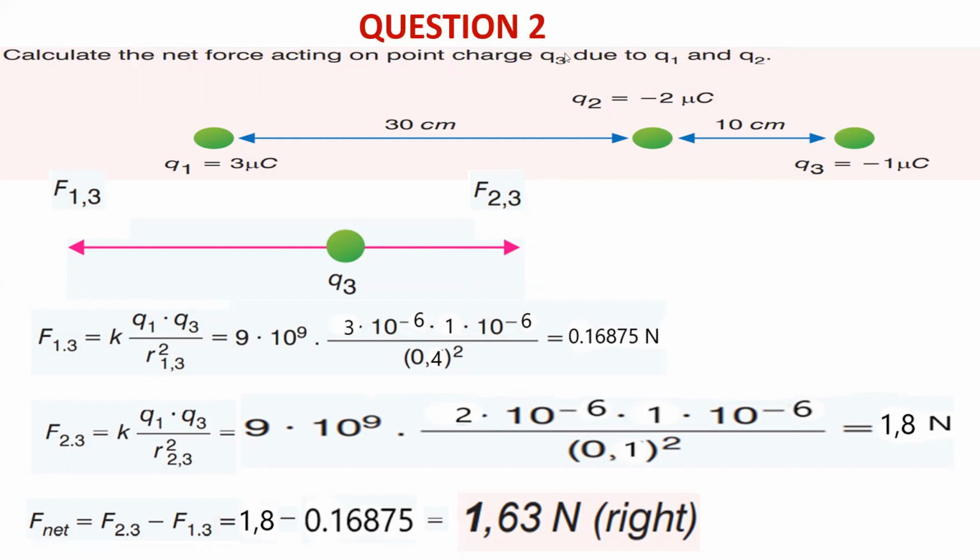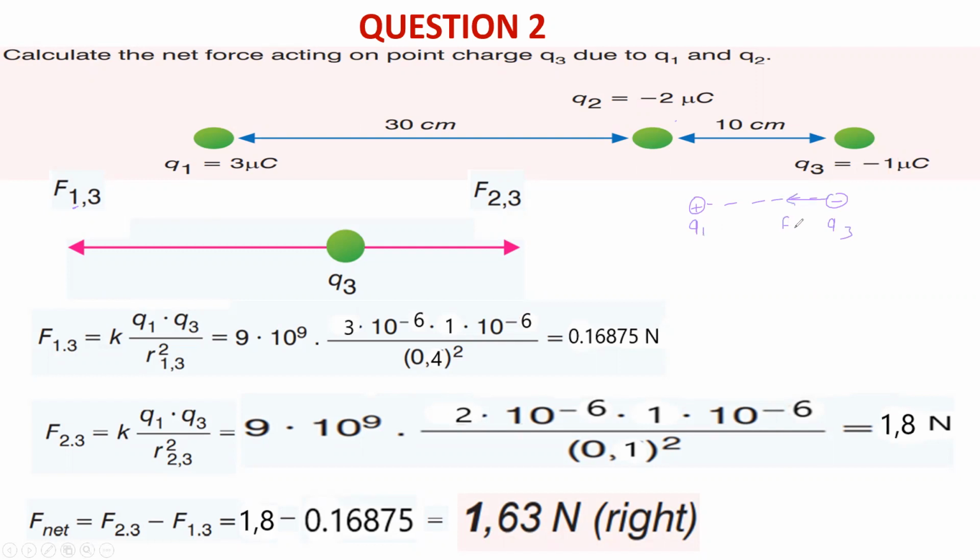Let's check Q13 first. Just remove Q2 for now, forget about Q2. Q1 and Q3, let's draw again. We have positive and negative. Q1 is positive, Q3 is negative. If you are looking at Q3, you can draw